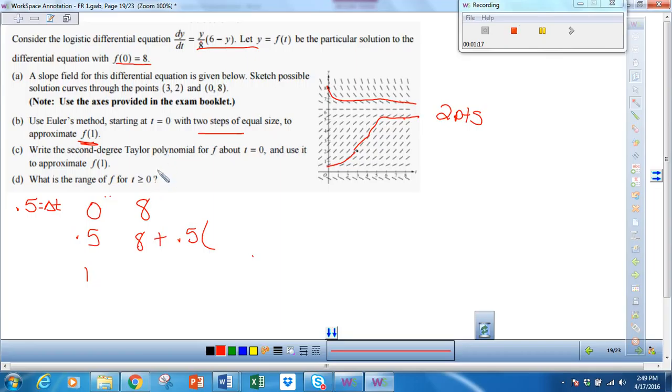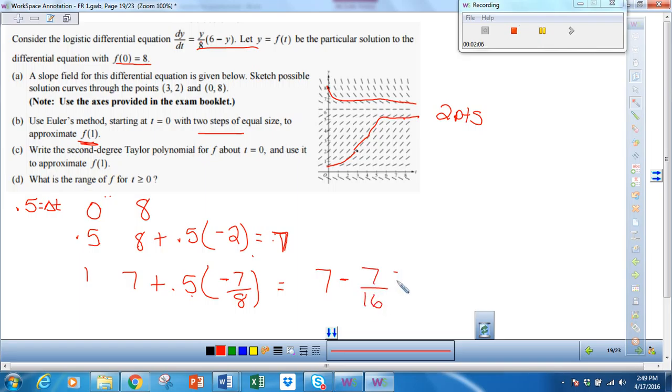So when y is 8, we get 1 times -2, so we get -2, which gives us 7. We take our previous y value, which is 7, and multiply by our step size times our derivative evaluated at 7. Since this has no t, it's only being driven by y, which is 7, and that is -7/8. So our answer is 7 minus